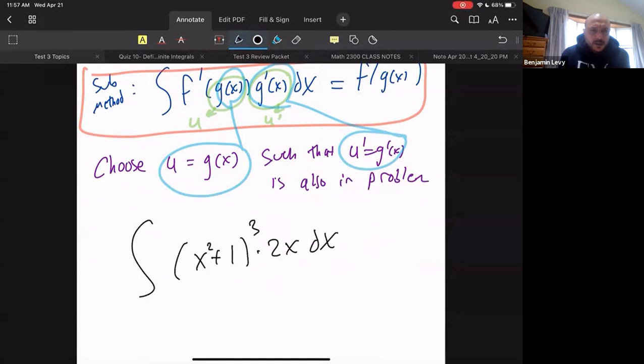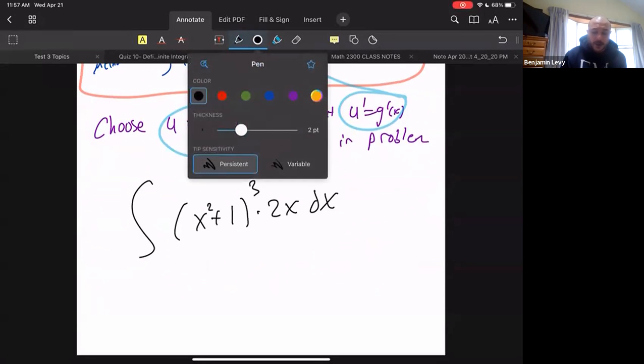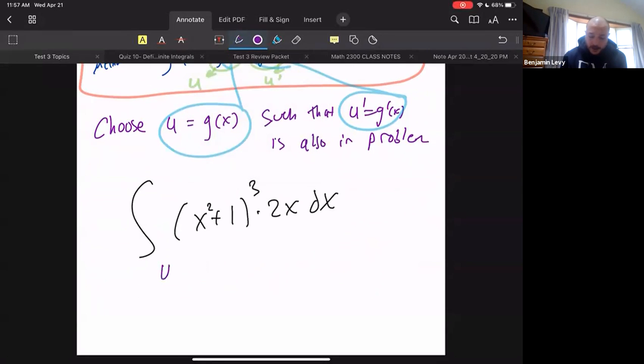And I would expect this sort of level of difficulty. We looked at some harder ones, but I'm just going for something a little more straightforward on this test. Maybe it's more complicated on the final. On this test, this is what we're looking for, right? So when we're thinking about u, and everyone should be thinking about what is u, it should be something that has u prime also in there.